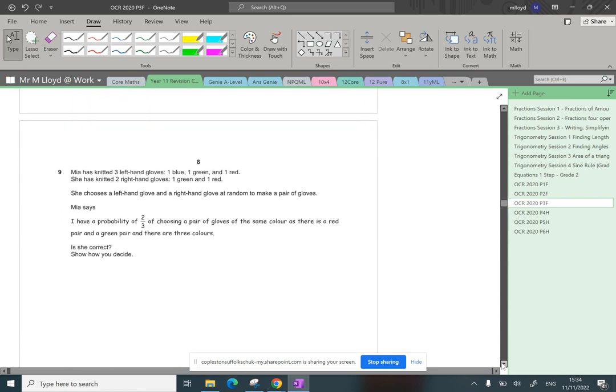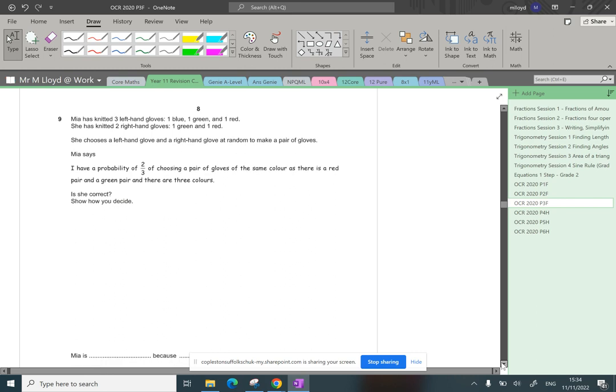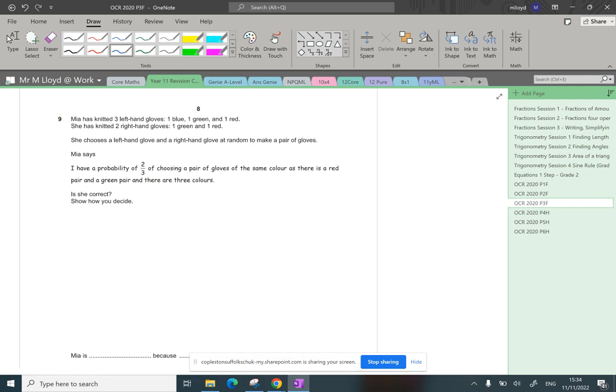Okay, question number 9. Mia has knitted 3 left gloves, 1 blue, 1 green, 1 red. She has knitted 2 right gloves, 1 green and 1 red. She chooses a left-hand glove and a right-hand glove at random to make a pair of gloves. Mia says, I have a probability of 2 in 3 of choosing a pair of gloves of the same colour,